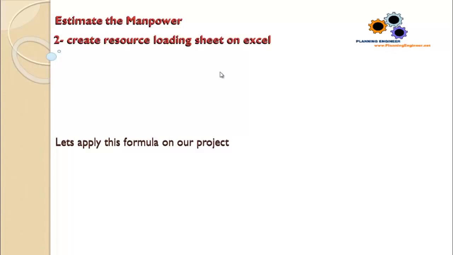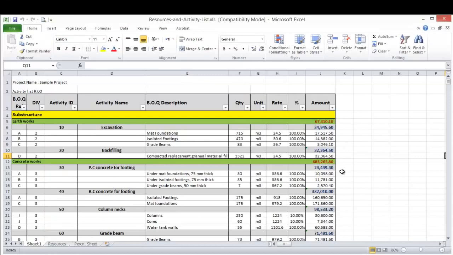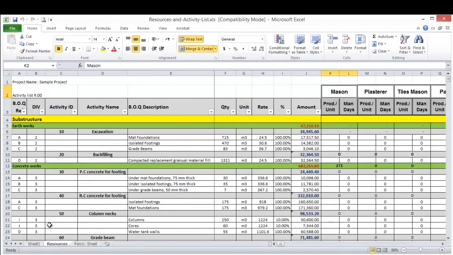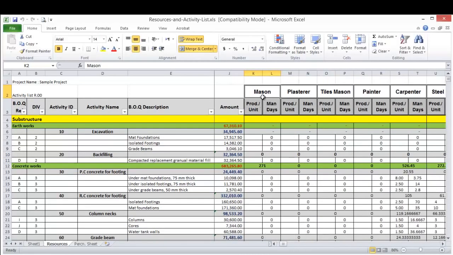So in our cost loading sheet we prepared from the previous lessons, I will add a few columns and will add to this column our formula, and it is very simple. Let's see how to do it. This is our cost loading sheet we prepared earlier. So what I added to this sheet, I made a new workbook sheet, and I started adding here the manpower I will populate in my Primavera